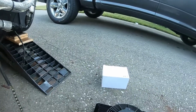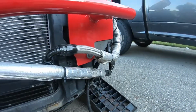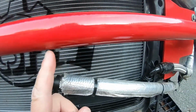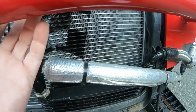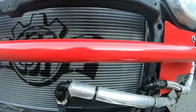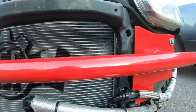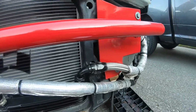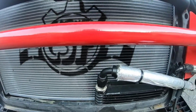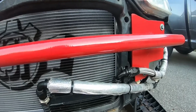Should fit okay. I actually went ahead and picked up some mounting solutions. So originally, if you guys remember when we did the oil cooling setup right here, I had some tabs that were welded onto the stock reinforcement here, and I was going to do the same thing with this, but I wasn't too big on having a set location for where I wanted my cooler. If I wanted to move it over here or over there, depending on how my lines were sitting. Same thing with the power steering one, which will be going over there. I want to have a little bit more of a list of options that I can use to move stuff